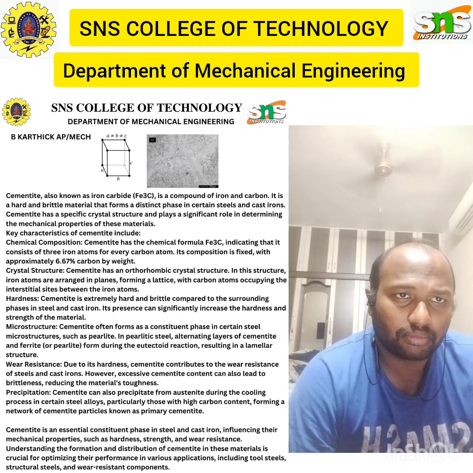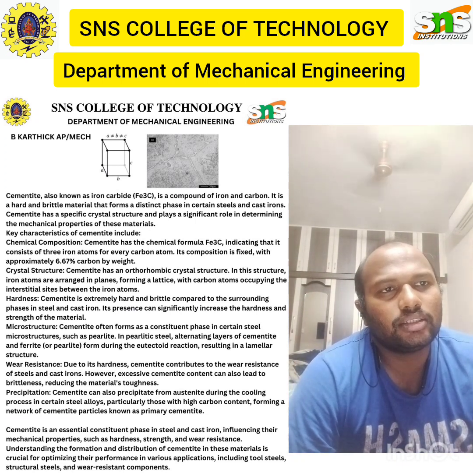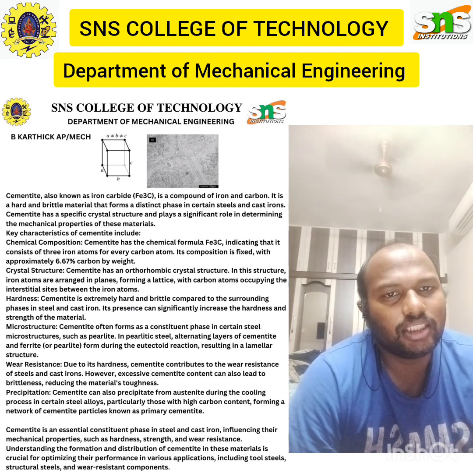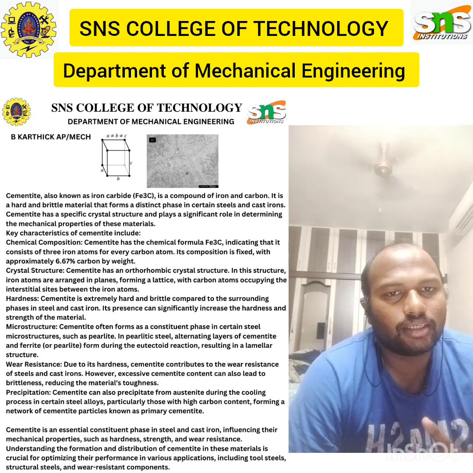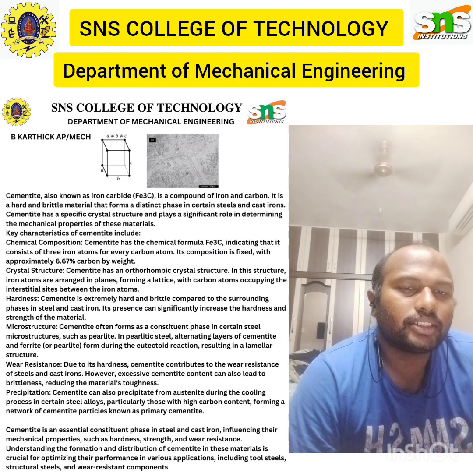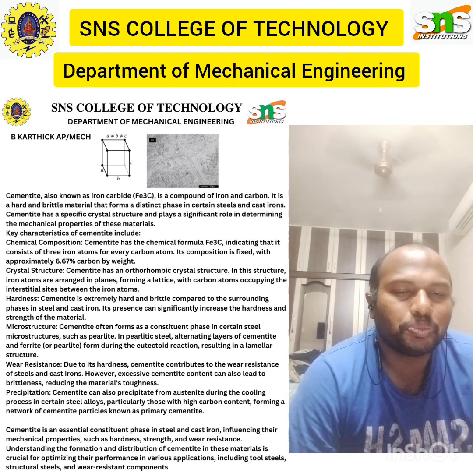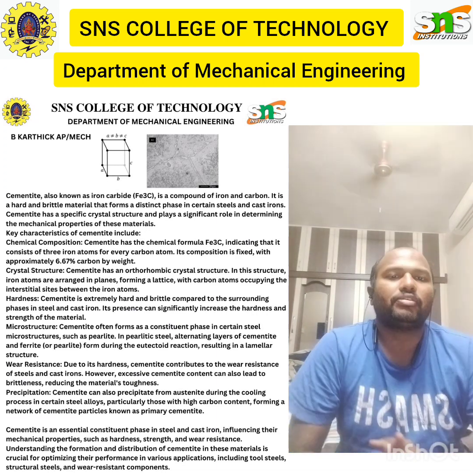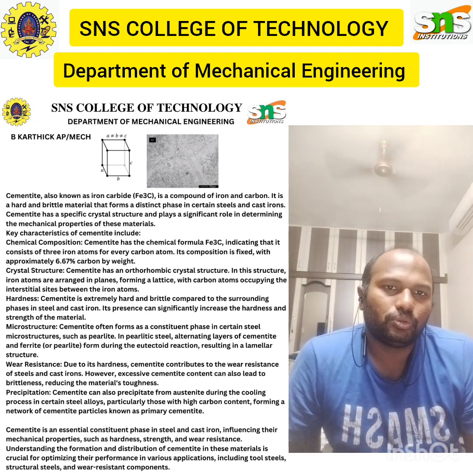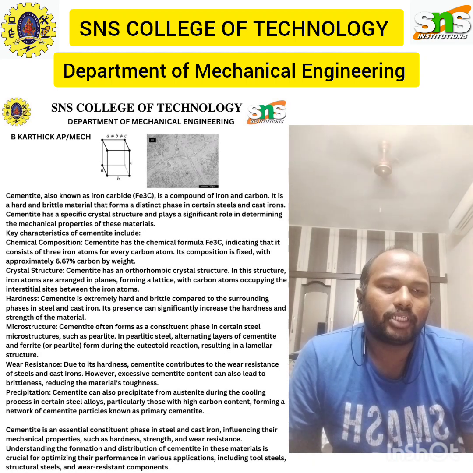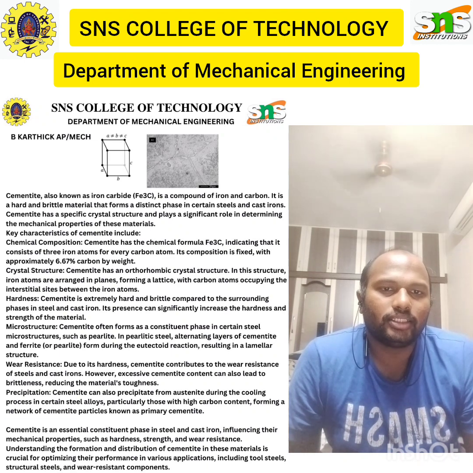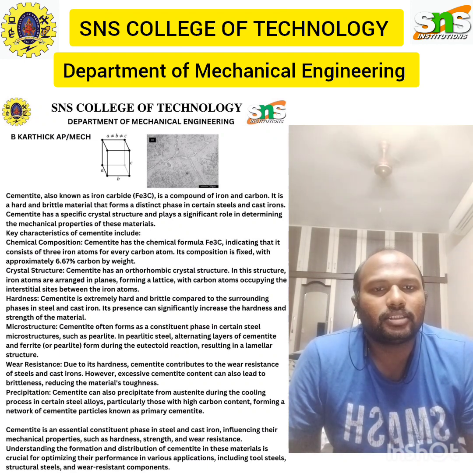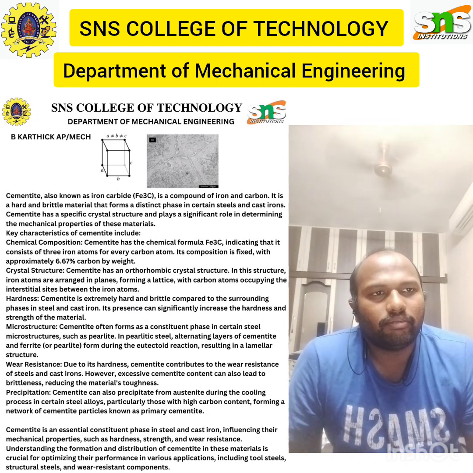The first one is chemical composition. Cementite has a chemical formula of Fe3C, which indicates it consists of 3 iron atoms for every carbon atom. So its composition is fixed with approximately 6.67% of carbon by weight. So for the crystal structure, cementite has an orthorhombic crystal structure. In this structure, the iron atoms are arranged in planes, forming a lattice with the carbon atoms occupying the interstitial